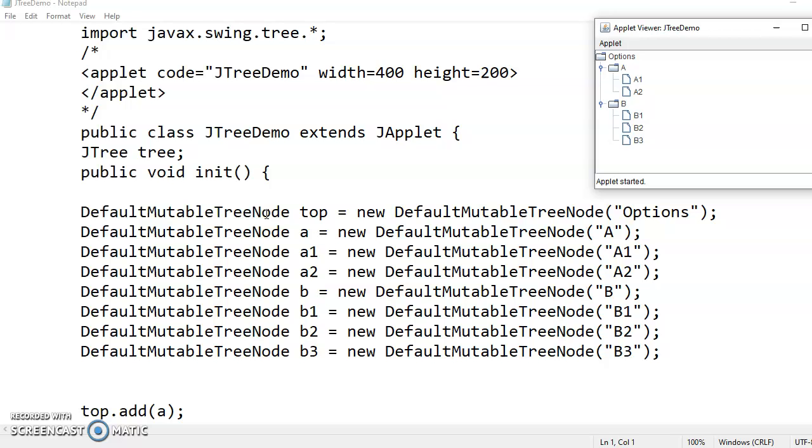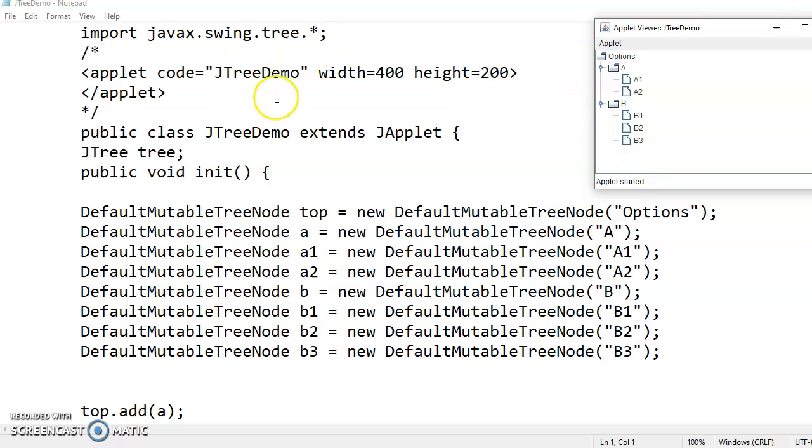So quickly we'll begin with the first node, which is nothing but options. So default mutable tree node, the object name which I'll give here is top equal to new default mutable tree node, and in brackets within double quotes I am specifying the node name which should be displayed on the output. So I want to display options, so within double quotes I have written options.